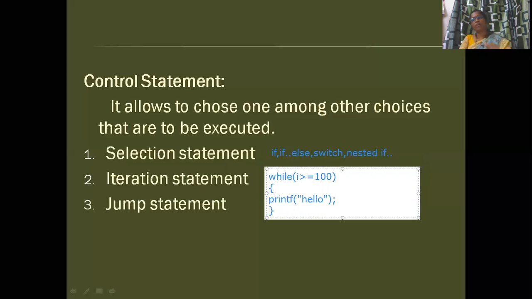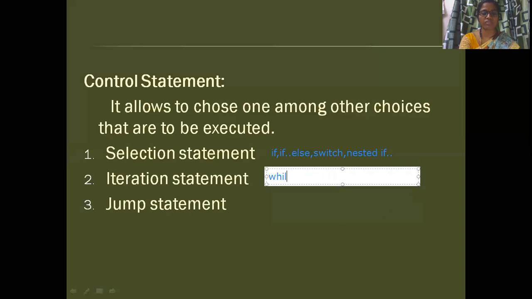So it will perform this hello, that means printing this hello from 1 to 100. Until the i value becomes 100, the same statement will be executed again and again. So this is called an iteration statement. For this, we have 3 types of iterative statements: while, do while, and for loops. These are the 3 things we have for iterative statements.